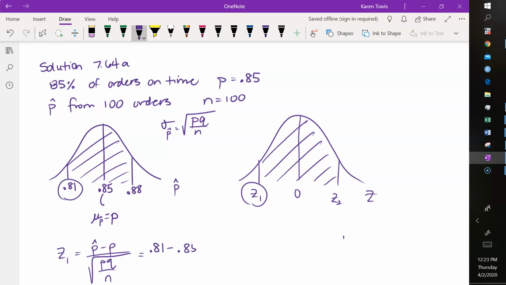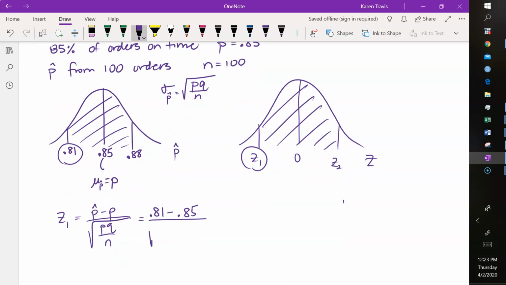The mean, or the true P, is 0.85. Notice the denominator is only associated with true P. Q always comes from 1 minus P, and we had a sample of 100. So in this story, Z1 is negative